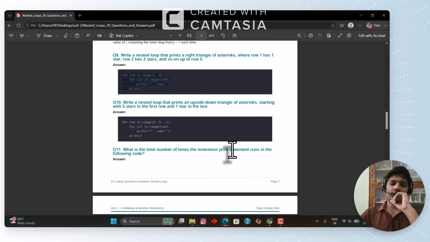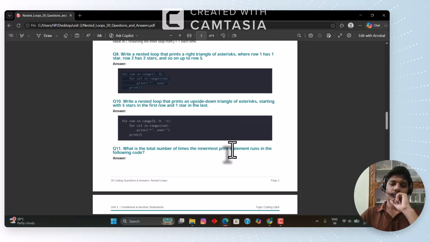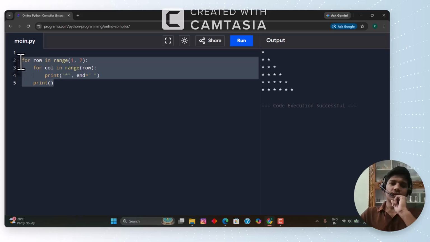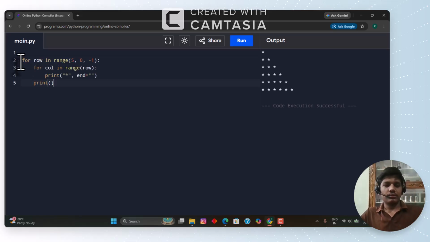After this loop, we are going to do the same thing, but here we used both the step and three elements in the range. Here, what we did is the same as before: for i in range(5, 0, -1). So here the step was negative. When the step was negative, we are going